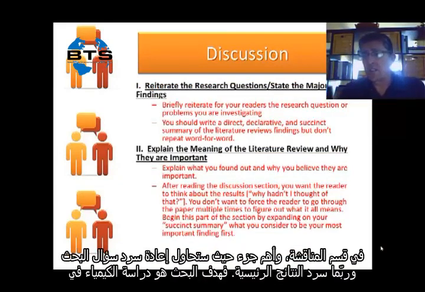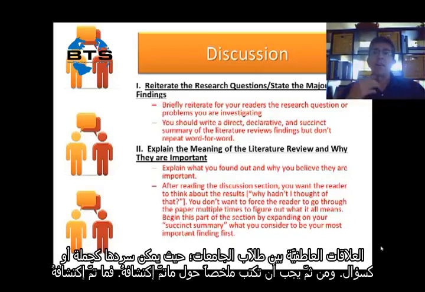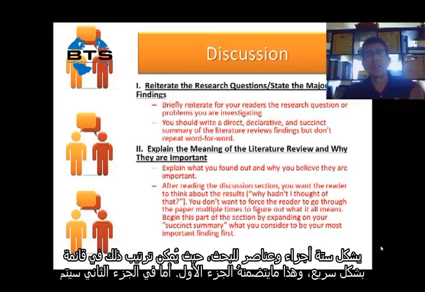There are 6 parts to the discussion section, for the most part, that you want to try to reach. First, you want to reinstate the research question and maybe state the major findings. The purpose of the study was to look at chemistry in college student dating. You can say it as a sentence, or you can do it as a question. Then you should give a summation of what you found out: there were 6 components, and you can list those fairly quickly. That's the first part.